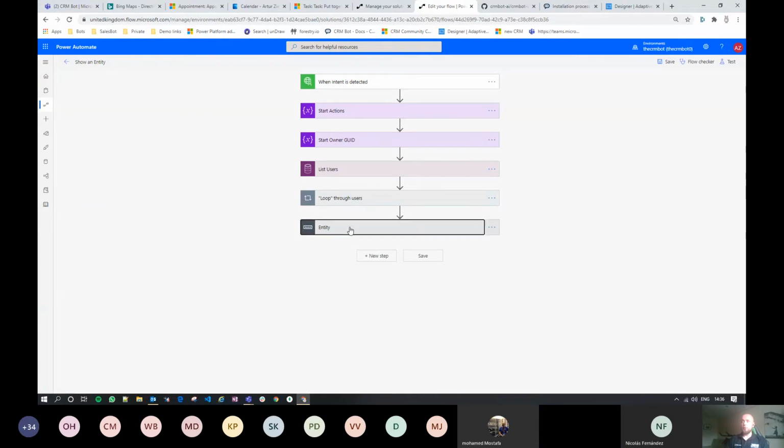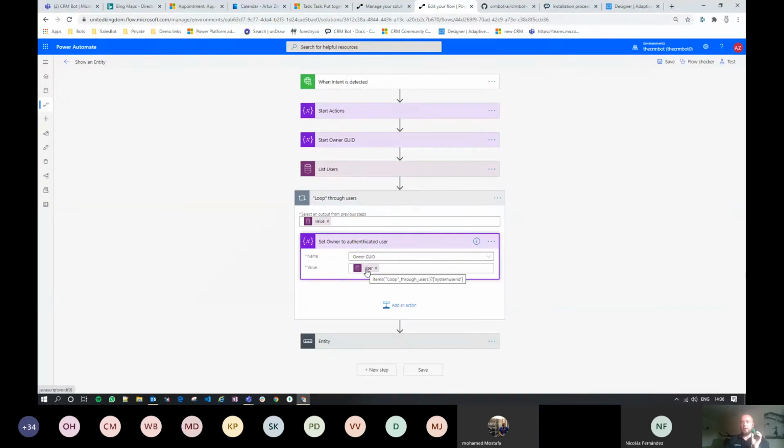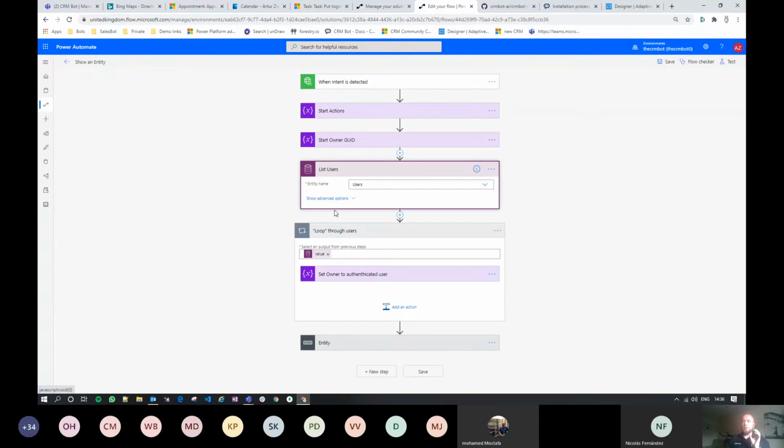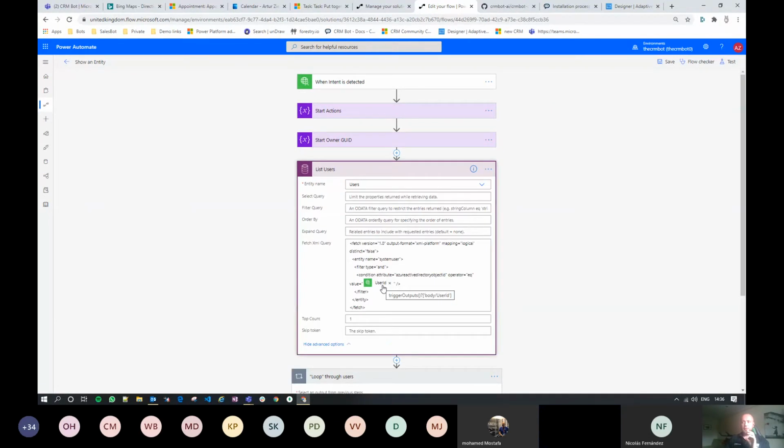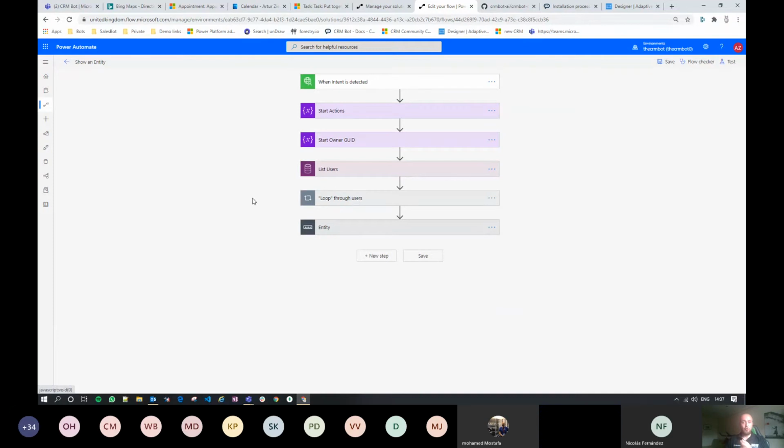Unfortunately, this is because we've got some scope. First thing it does, there is a trigger. We then start some variables. We are finding all users, and because in our payload in Teams we get the Azure Active Directory ID, we store it under a parameter called user ID. It's a unique identifier saying that this is Artur Zielinski in this Teams tenant. So you can use it in your fetch to find the right user in CRM. We need to store this user because we're going to need that GUID in a second to show your data.